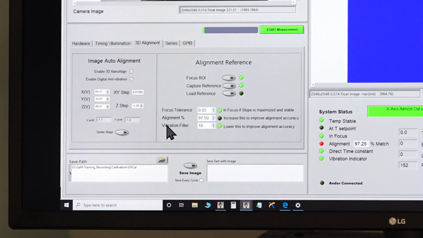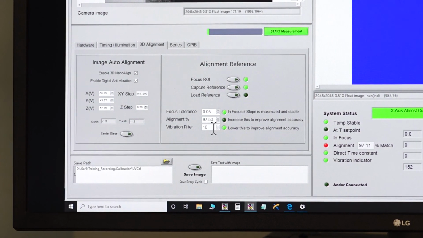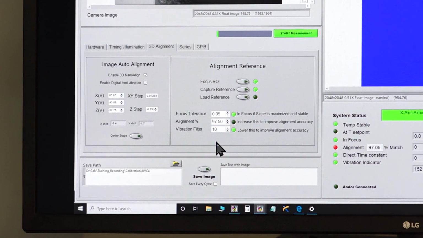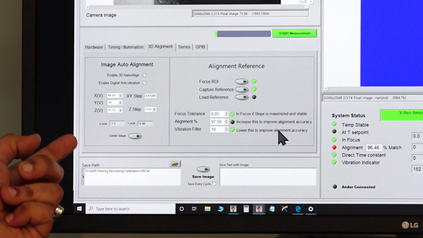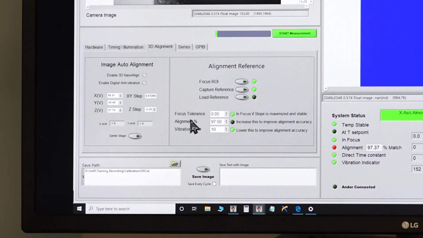The next stage is the vibration filter. The vibration filter has to be again kept as low as possible in order to improve the accuracy of the alignment that I have discussed now. In this case, I have set it as 10. Sometimes you might find that this will not work if it is set so low. You can keep on increasing up to 20, 25, but do not go to a much higher value because that will again reduce the accuracy of your measurements. So with these parameters in place, I'll start the calibration by clicking this Start Measurement.